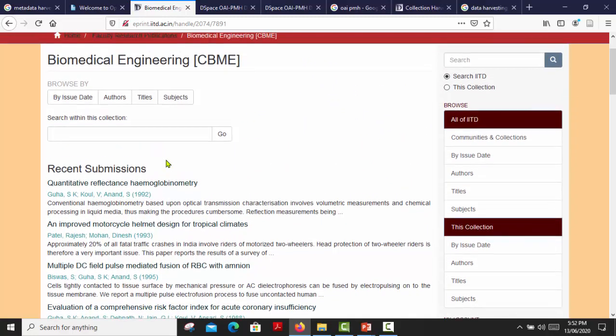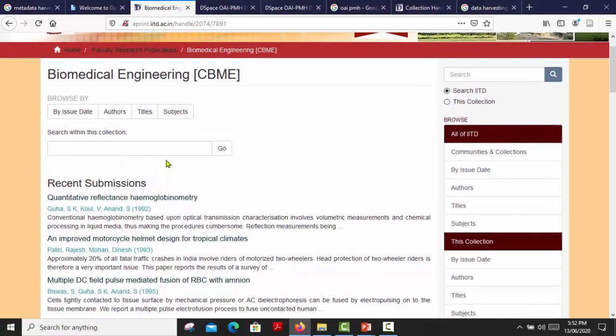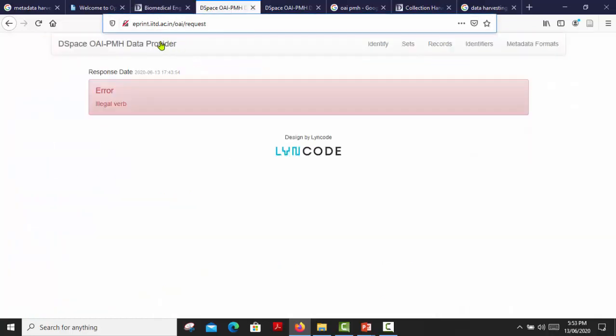For that, first I have to identify the collection ID of this biomedical engineering collection. How to find that? It's very easy. First copy the address and go to the eprint.iitd.ac.in OAI request page, the OAI-PMH data provider page.